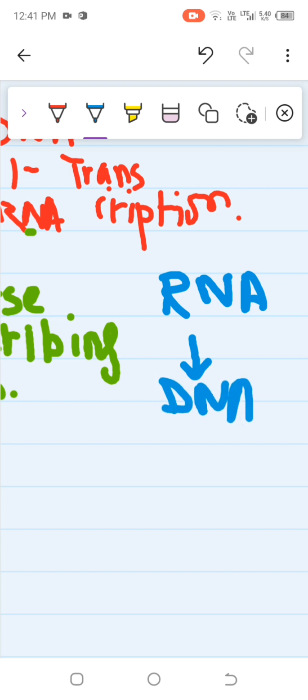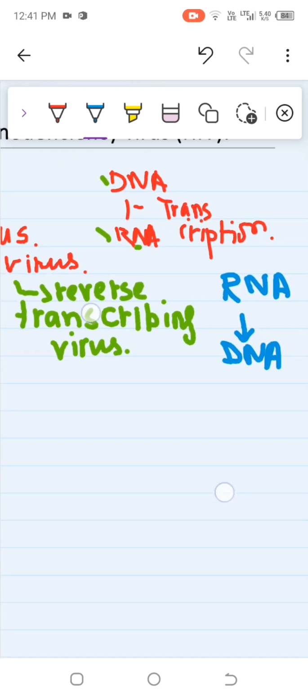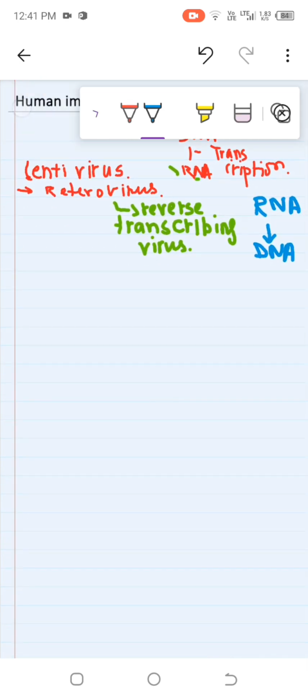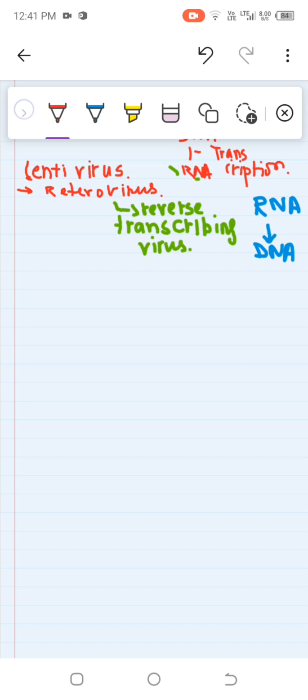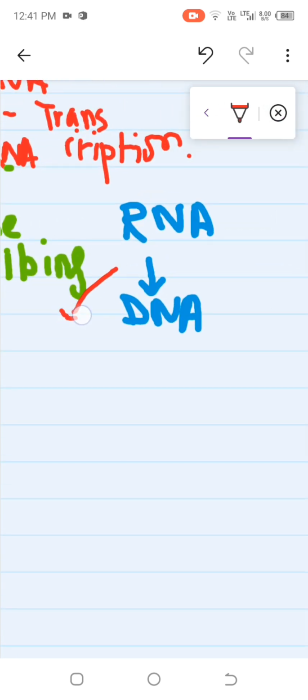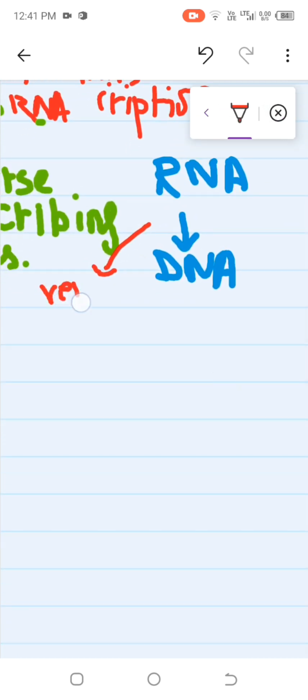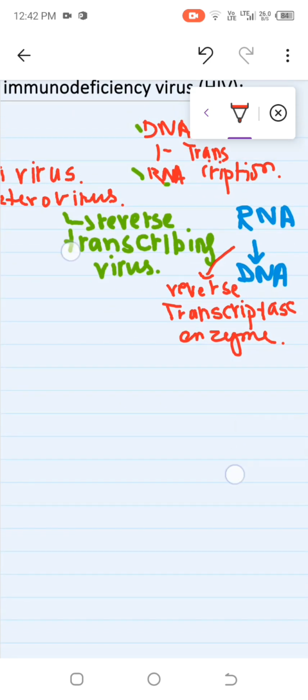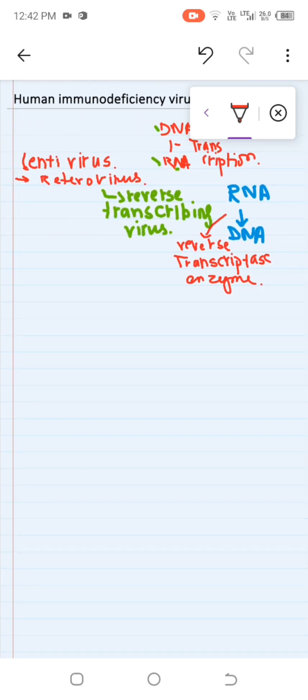That's why one enzyme is used here, the enzyme reverse transcriptase. The enzyme is reverse transcriptase. Okay, so now the HIV structure basically contains the following